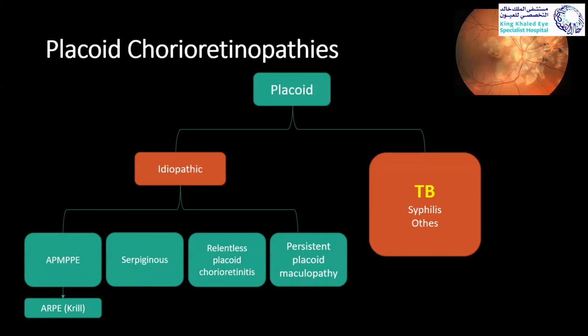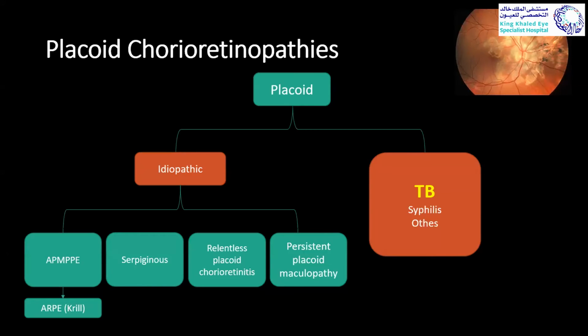For the idiopathic placoid lesions, several subcategories have been described before. MB is one of the common things that we used to see, not here, maybe outside the kingdom. And there is a subtype of MB called acute retinal pigment epitheliopathy or Krill disease. I remember Pierre Skin, he liked to call this disease mini MP. It's a very small lesion that has a very good prognosis and outcome.